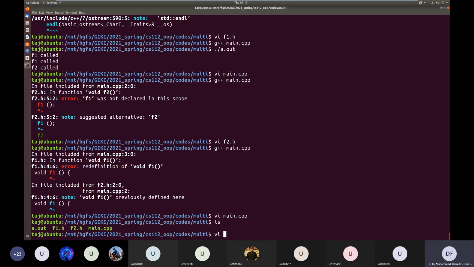From f1.h, we'll basically cut this and put it in f1.cpp. Okay. And this is the definition in the .cpp file.